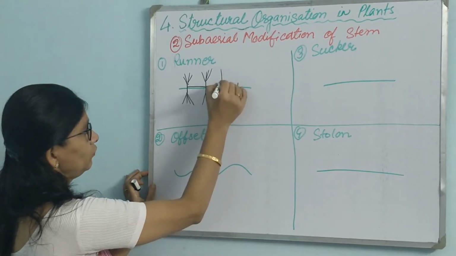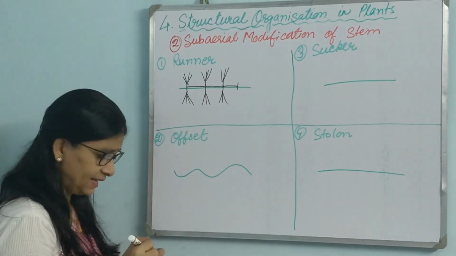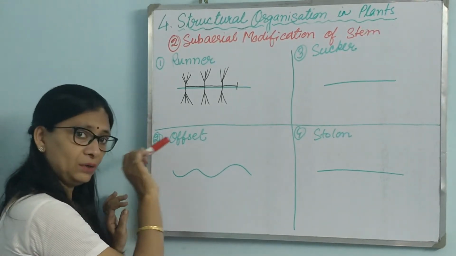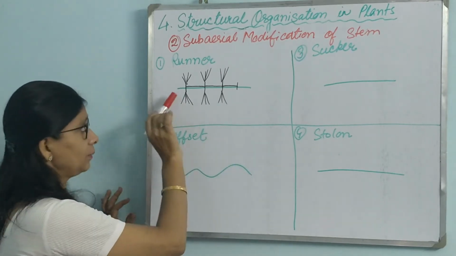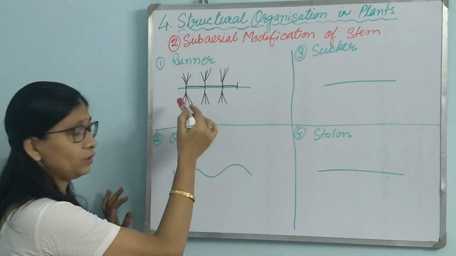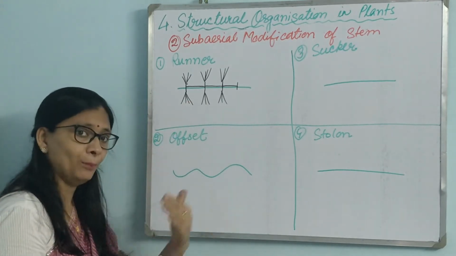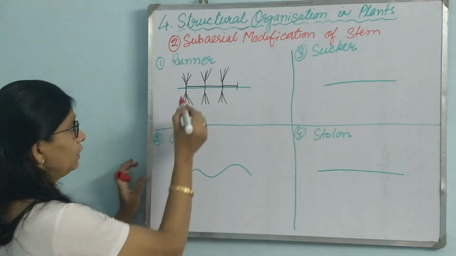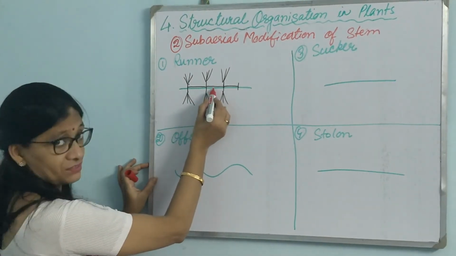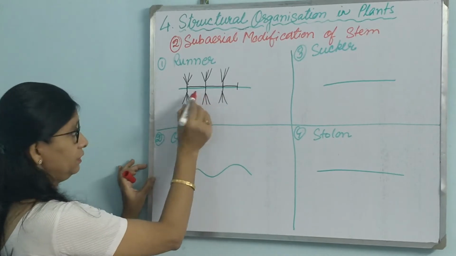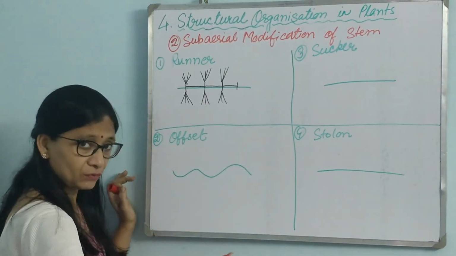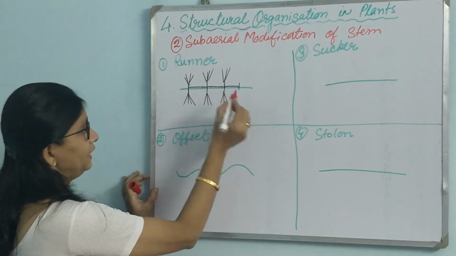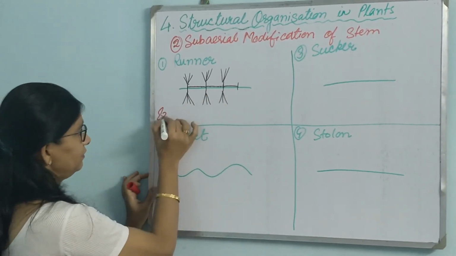So, like this, we see a propagation of plant, but in this case, what is happening? The plant is growing in one direction. The plant is growing in one direction, so it seems as if the plant is jumping in one direction, and so it is called runner. So here we see the branch, the stem that helps in propagation. It is on the surface of the soil, above the soil. We can see it, and it has nodes and internodes. It has many nodes and internodes. So this is runner. Example is